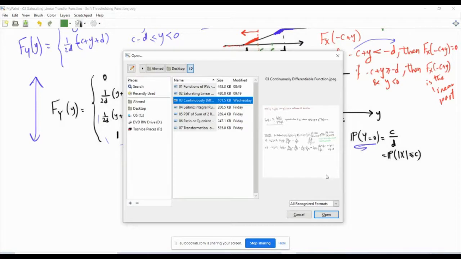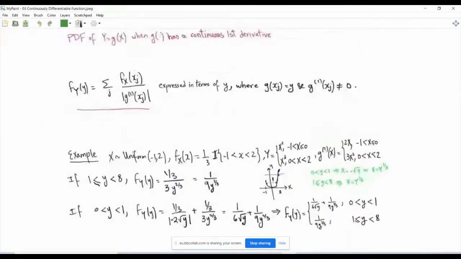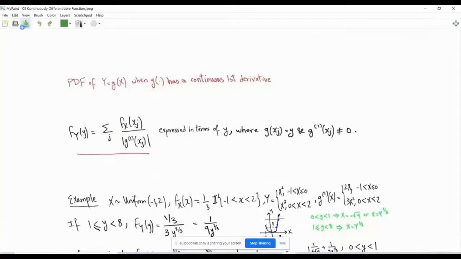Okay, and so if you suppose that your input x to one of those functions is random with a certain distribution, you will be interested in obtaining the distribution of the output. Okay, and so more examples in the notes, and now let's go to the method in which you obtain